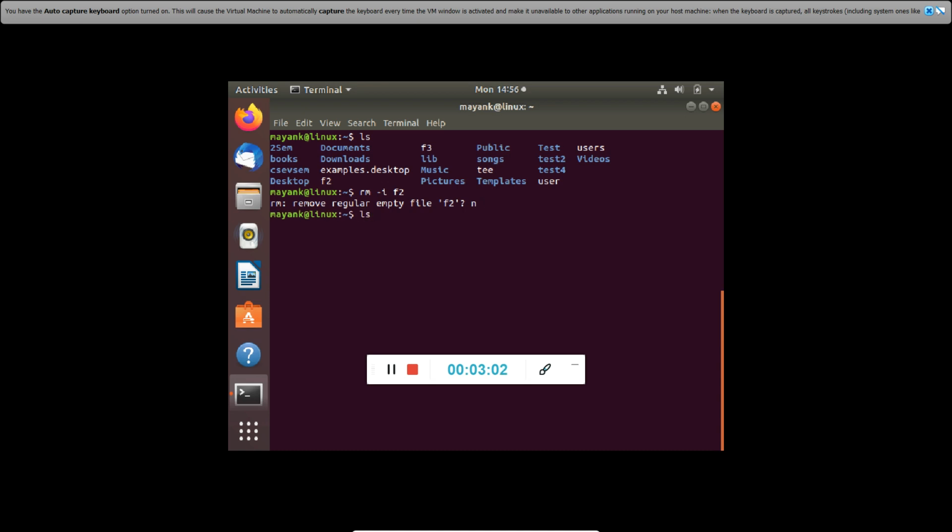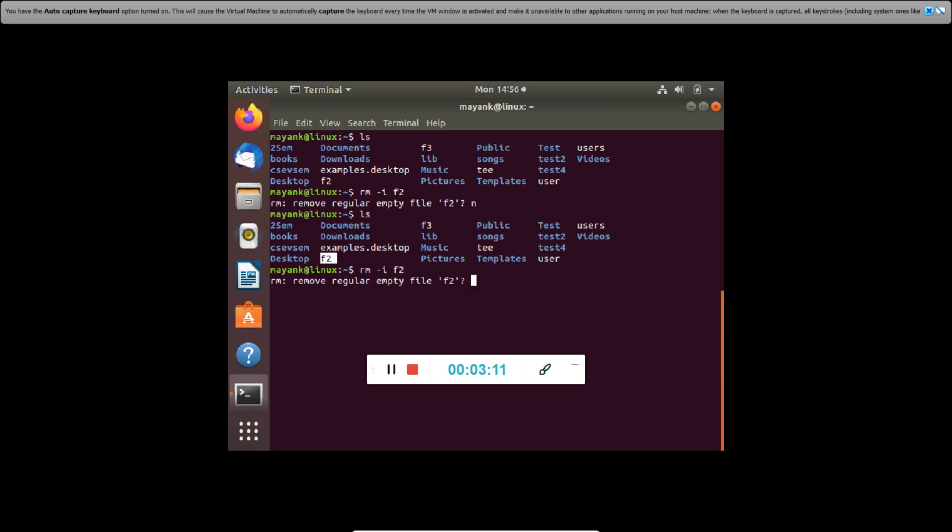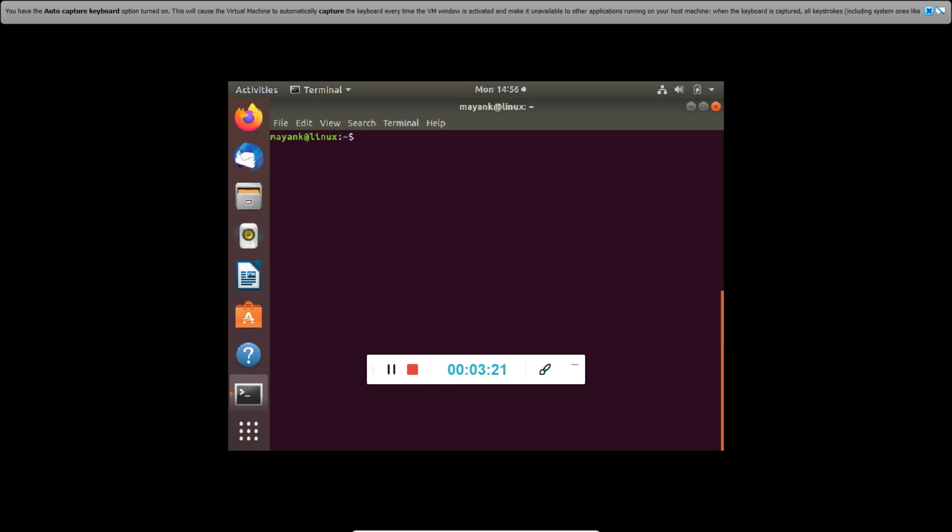Because I typed n, this file f2 has not been removed. But if I type rm -i f2 and type yes, then if I list the files, you can see that f2 has been removed. Only one file, f3, is remaining. So this is the way we can remove files.